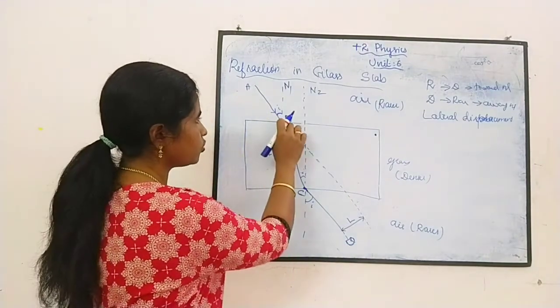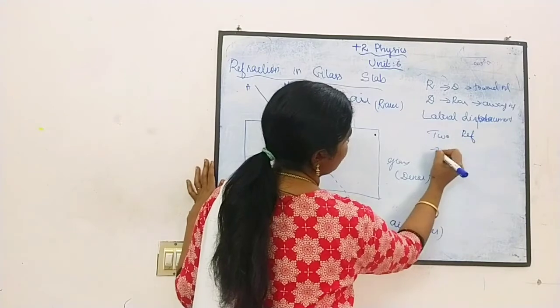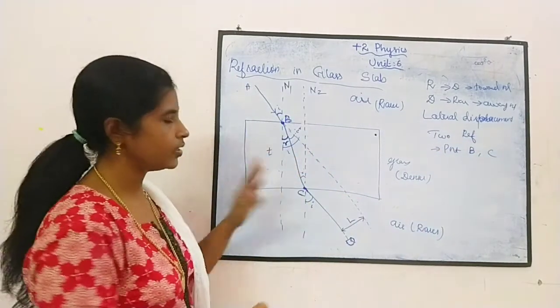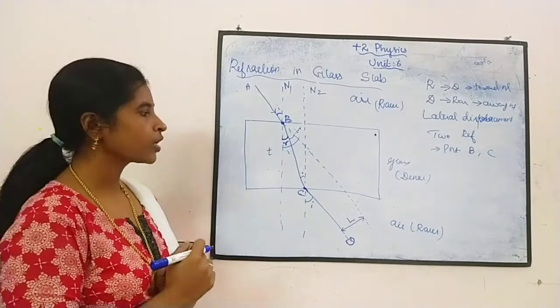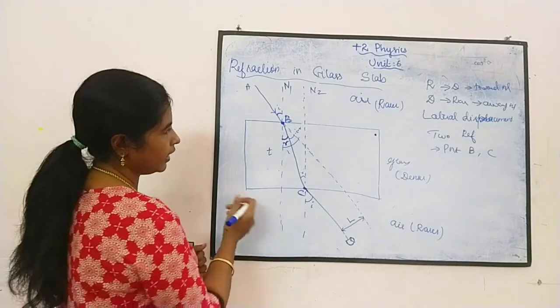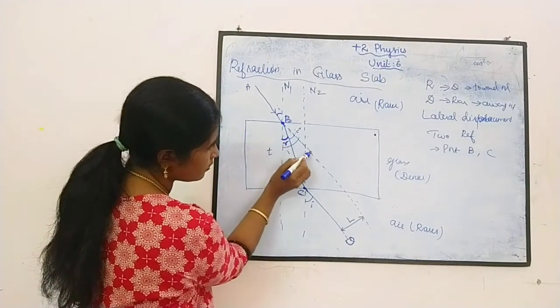There are two refractions. Two refractions are there, one at point B and the other at point C. So now we are going to find out how much it is laterally displaced. Before that, we name all the angles. If this angle is R, I can take this as